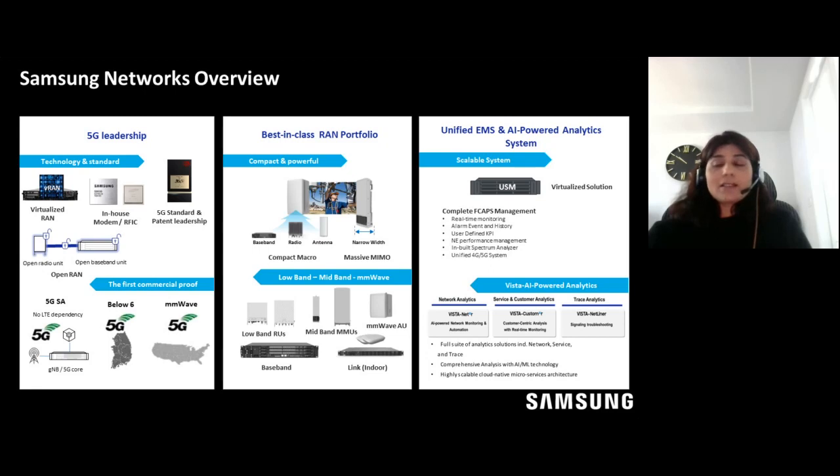Regarding vRAN, Samsung is the only vendor that has deployed thousands of vRAN radios and is leading in vRAN technologies. One of the other key differences between Samsung and the competition is having in-house chipsets and not being dependent on other chipset suppliers. And this can help greatly in go-to-market strategies and new product launches. You can always be the first for new product launches when you have your own chipsets, and Samsung has been doing that since ages.